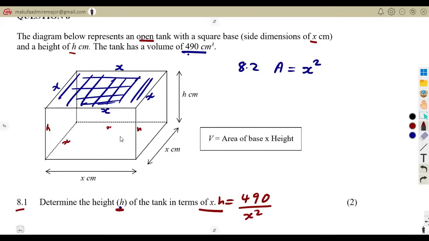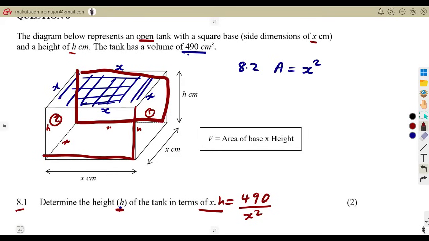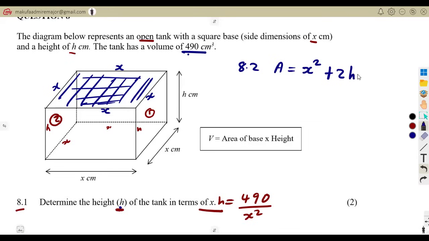Then we have got these faces that you have got height and x. How many of these do we have? There is this one that we see on this side, which is 1, corresponding to this one on the other hand, there are 2. We see it also here. This is height and this is x. It is the same surface that is going to be appearing on the other end there. Remember, this is solid, guys. What you see on one end is appearing on the other end. So there were going to be 2 height times x